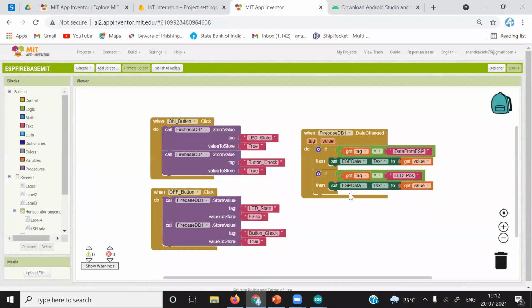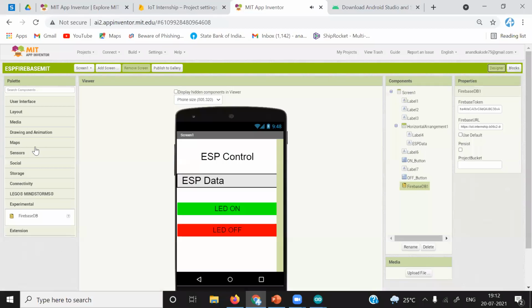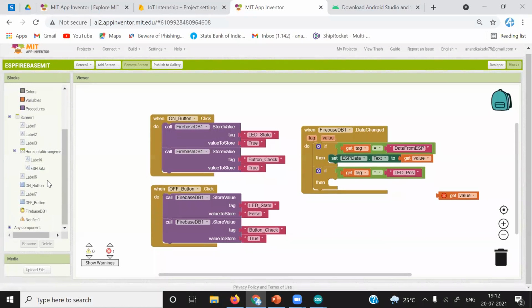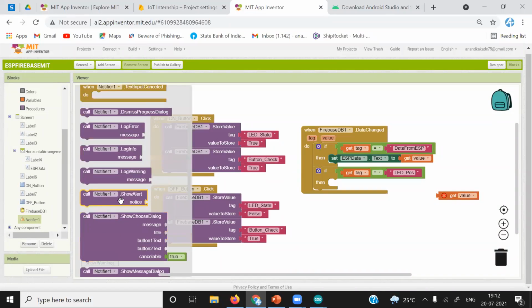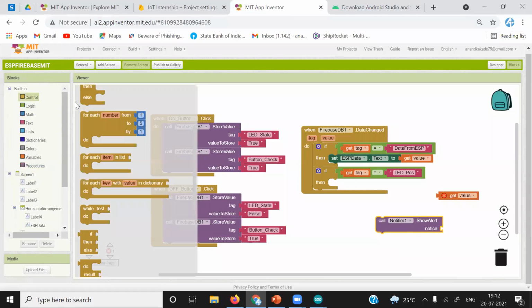Okay. Now we do not want to set this. You want to get notified, so use the notifier. Go to the designer, select this notifier, go to blocks again, select the notifier and get this show alert. But in this if condition, put another condition.